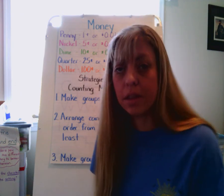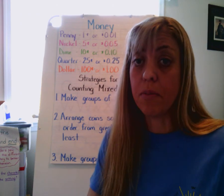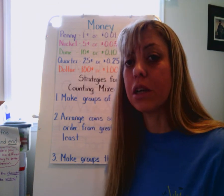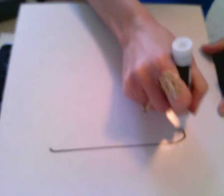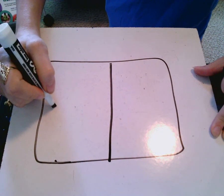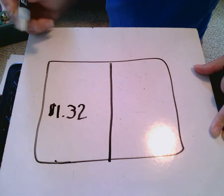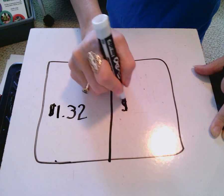You do not have to do the games with a partner. You can do those by yourself if mom and dad are working and you do not have a sibling, or if your sibling's also doing schoolwork. Simply just get out a piece of paper. And if this is my piece of paper, fold it in half. Grab your 12 coins, count those 12 coins, write the money amount, and then put those coins aside, grab 12 more coins, write the money amount,